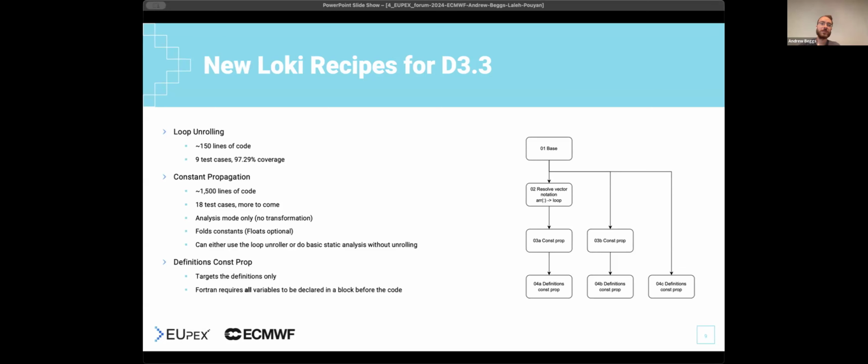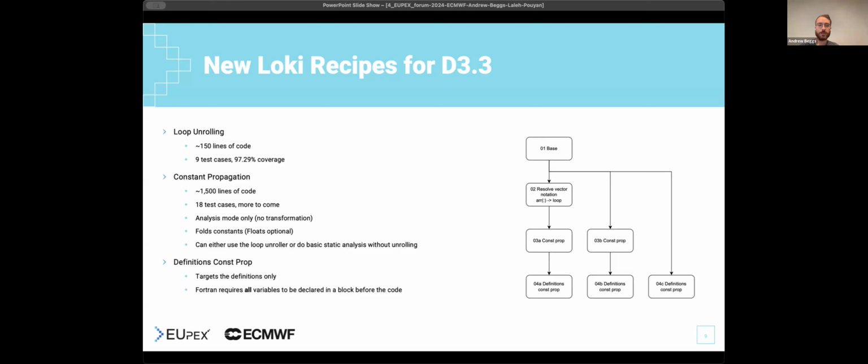But this constant propagation recipe, you can have it so that either it actually applies the transformation, like we saw on the previous slide, or it can do an analysis mode where it leaves the source code intact, but the actual structure of the abstract syntax tree, once it's interpreted code, it'll attach information to that. So it won't touch the actual code itself, but it'll say for the next transformation in the pipeline, you have this information about it, do what you wish.